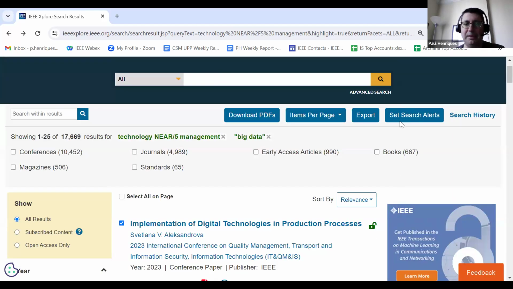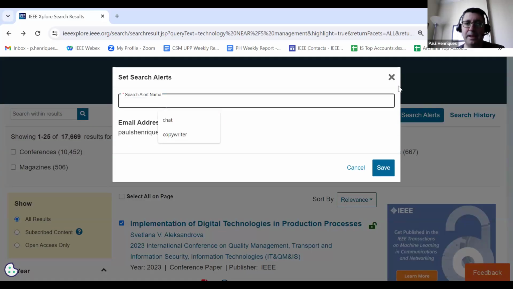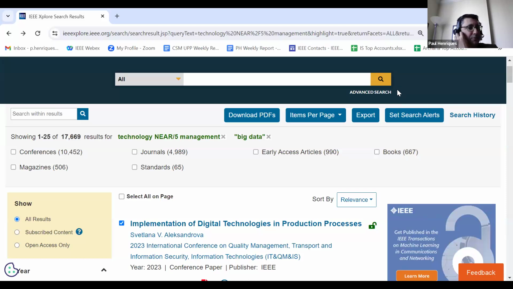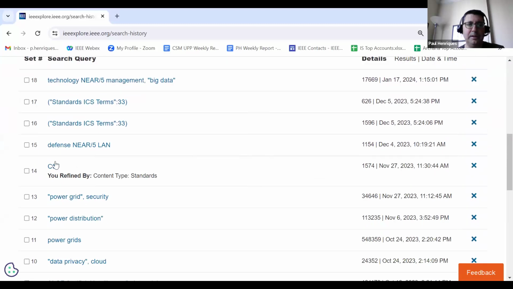And I can even, maybe if I'm interested in this search, set a search result for this, name it, and you can set up to 15 search results with your personal account. And there's also the search history. Search history is nice here because you can go in here and maybe I want to just select